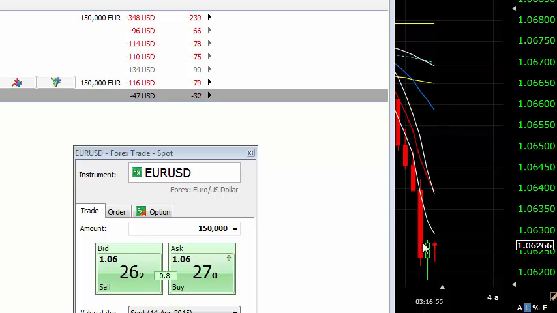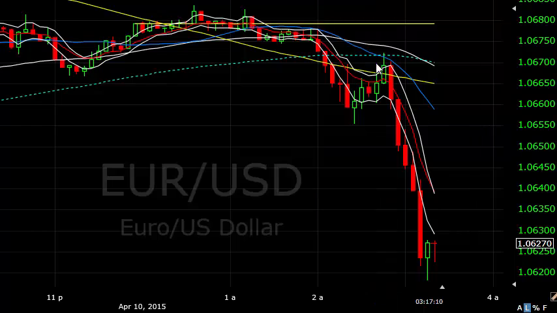So not good trading there. I should have held on to that hedge. That is bad trading, but these are the realities of trading sometimes. Sometimes your decision making is not always brilliant. So we all make mistakes, and certainly this was not a mistake earlier on, not shorting up here, because like